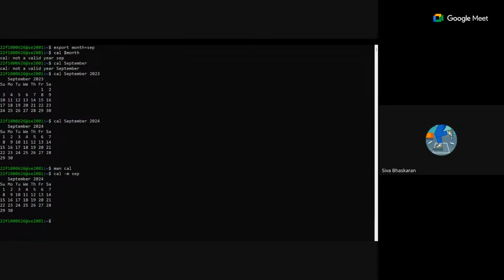If I give cal -m $month, at this point it should give 2024 data, because I think the output of the test case has not been updated yet. We made sure to keep it the same because we want to explore how to change things as well.